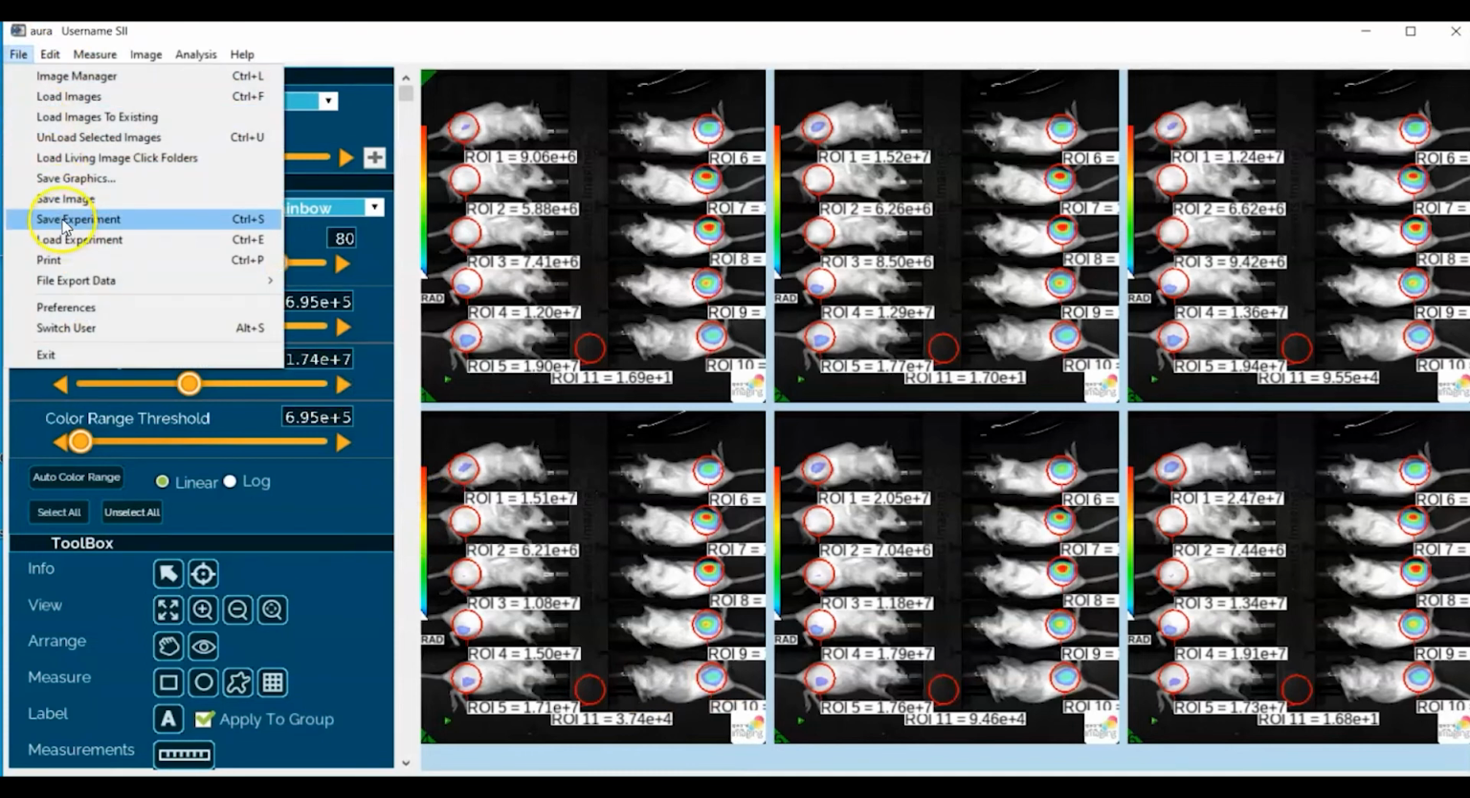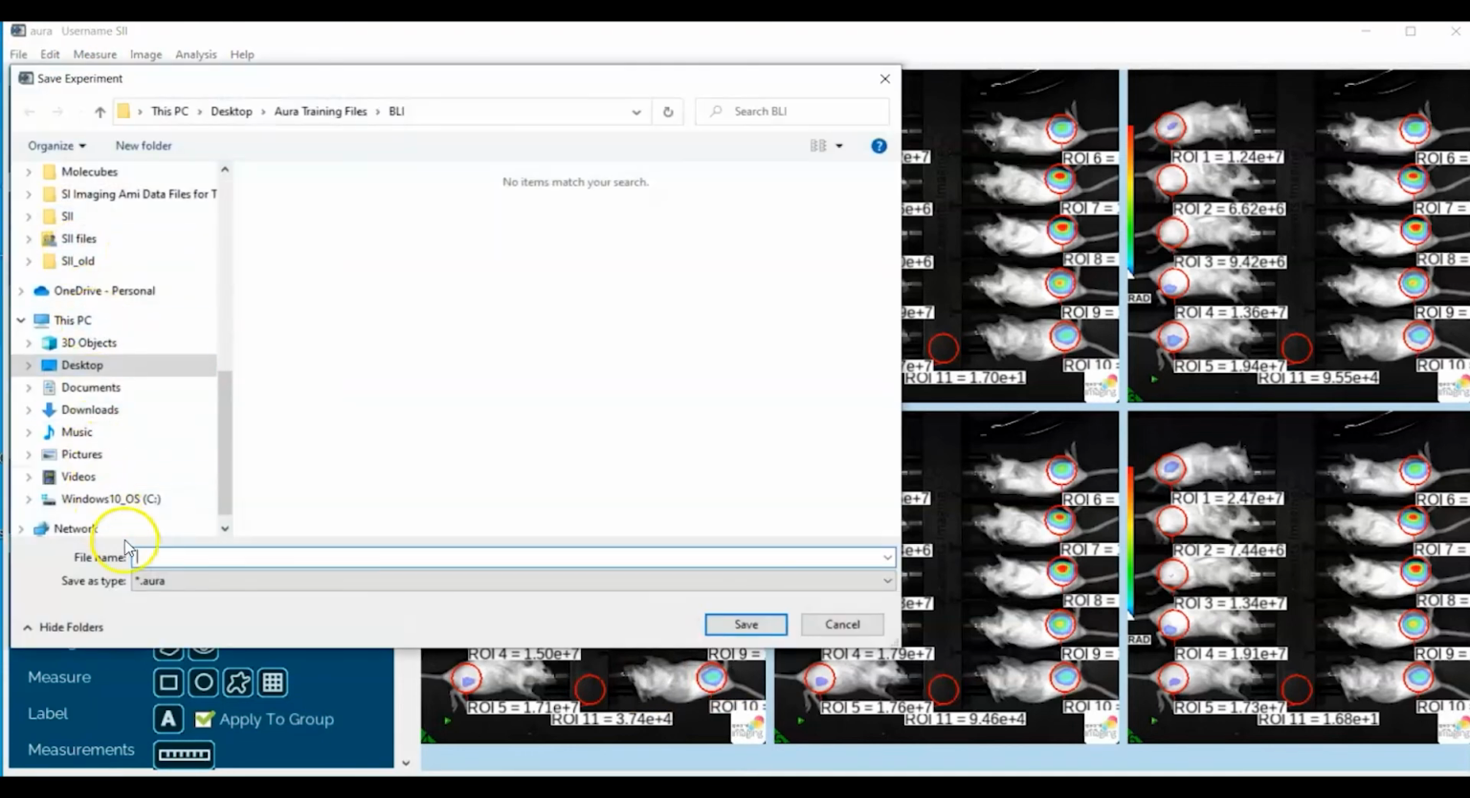Now, on many occasions, investigators have the desire to go ahead and save the ROI analysis that they've done. And in Aura, this is readily doable through a feature known as Save Experiment. Simply go to File, down to Save Experiment, and you will be saving the composite of the ROI analysis superimposed on your original .ami files in the form of a .aura file. So by way of example,